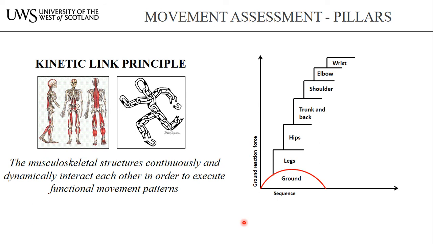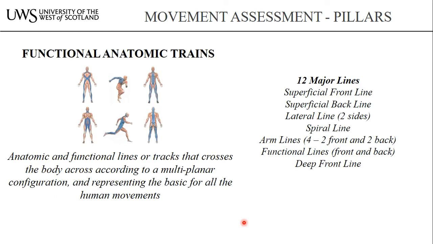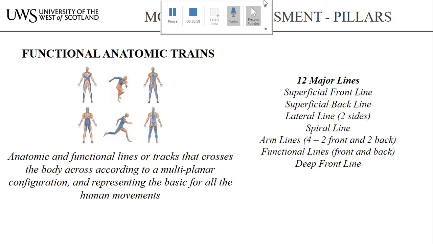So from the feet to the ankle, from the ankle to the knee, from the knee to the hip, and up to the top of the body, either considering the upper limbs or the head. So when we are analyzing a movement, we should consider this harmony, or this continuous and repetitive interplay between the different units of the human body. Well, and this could be easily understood by considering